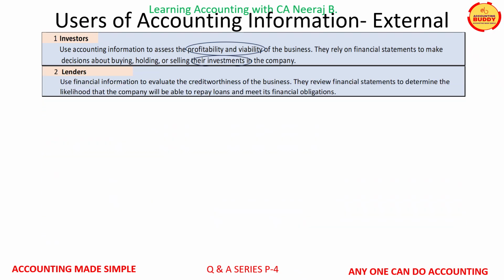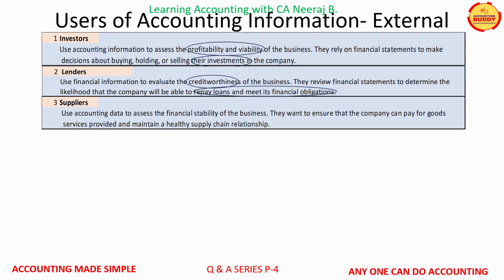While the lenders use financial information to evaluate the creditworthiness of the business, they review the financial statements to determine the likelihood that the company will be able to repay loans and meet its financial obligations. Suppliers use accounting data to assess the financial stability of the business. They want to ensure that the company can pay for the goods and the services provided and maintain a healthy